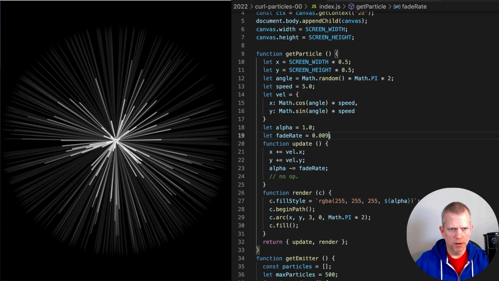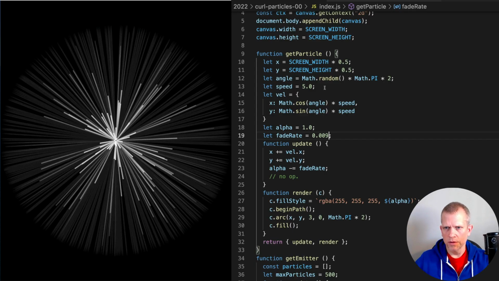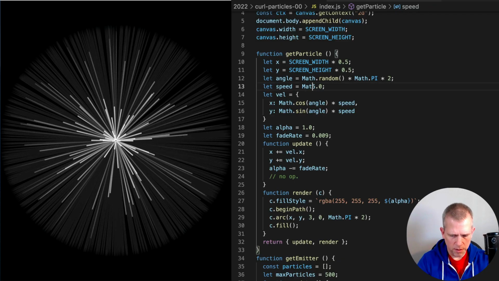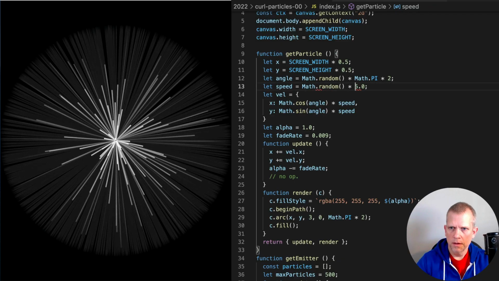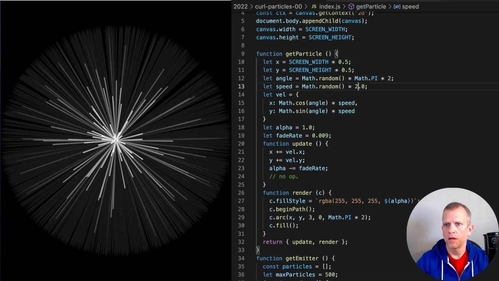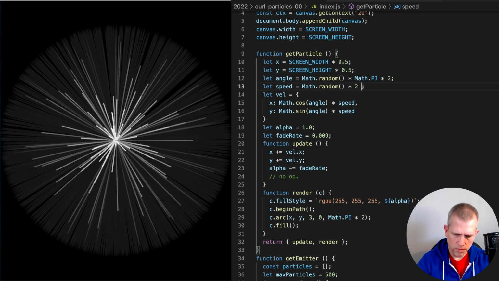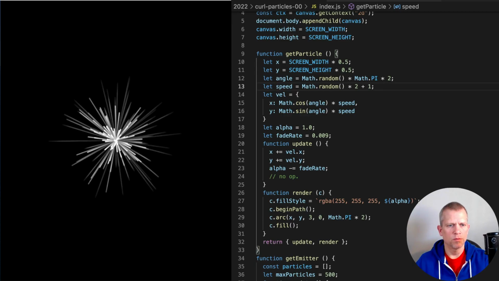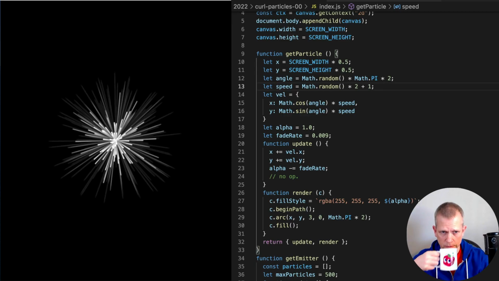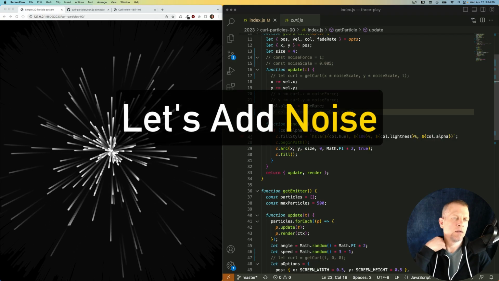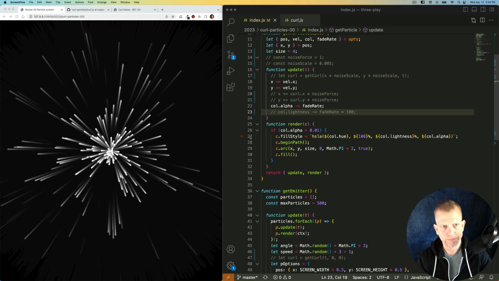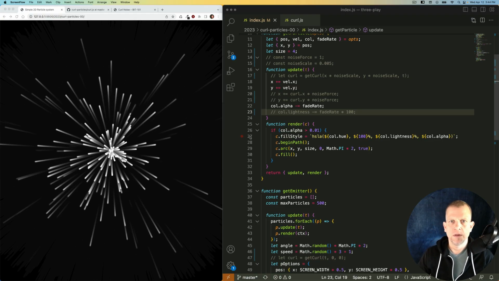I don't like the character of the line now, though, so I want to slow the speed down. In fact, how about math.random times some number, like 2, and give it a minimum speed of 1 and a maximum speed of 1 plus 2. To add to that, some noise effects and some color as well. To do that,